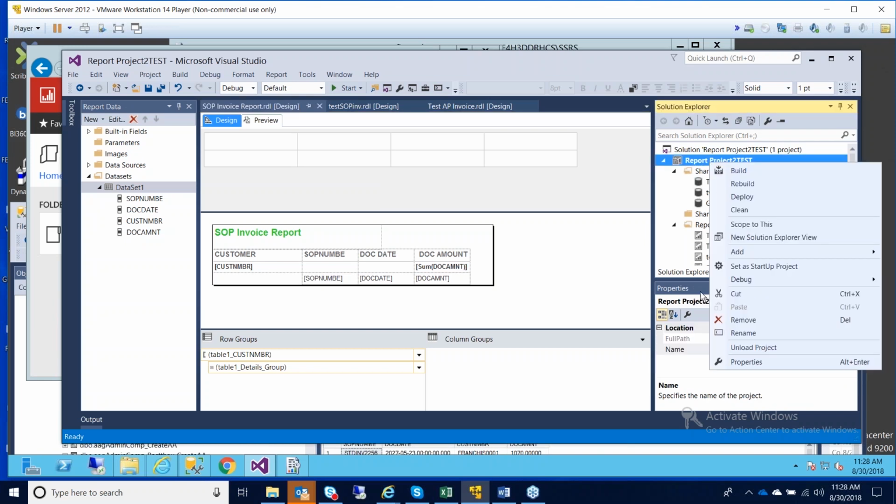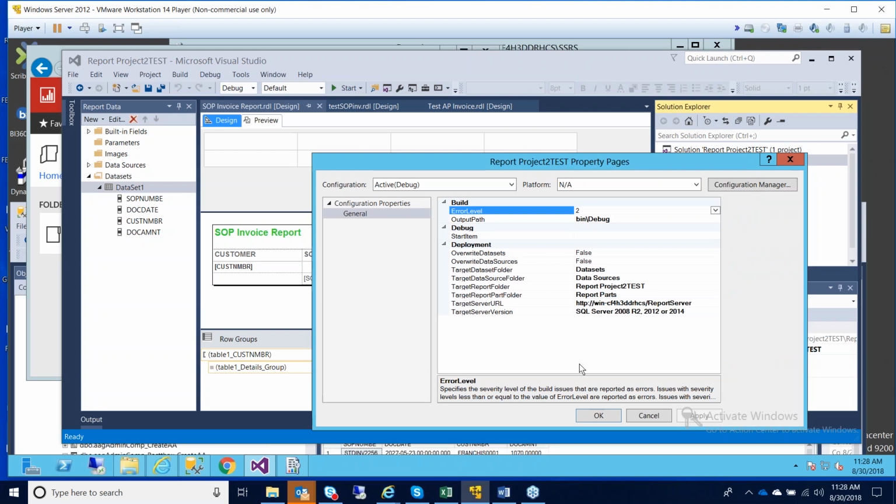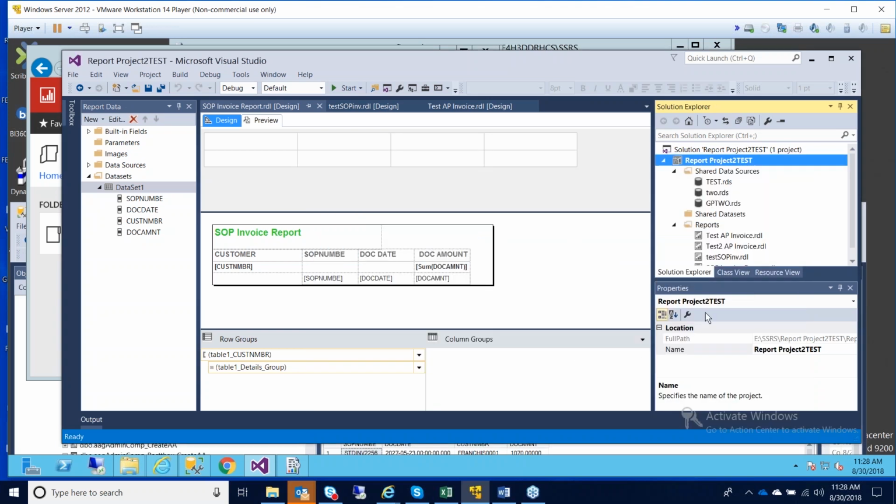So you do a right click on there and then go to properties, and you got to make sure that the target URL is pointing to the correct reporting server, and then you can tell it from here the target report folder. So my report folder is project 2 test that I have out there. And once you know that those are fine,